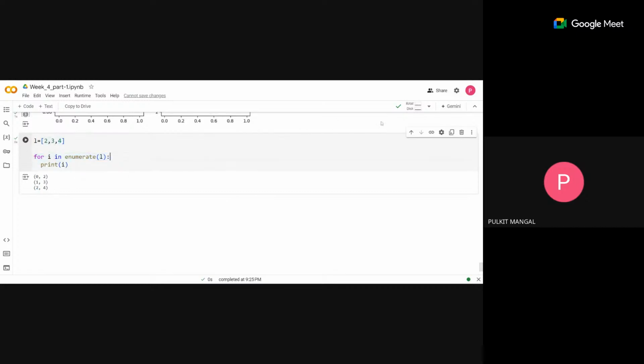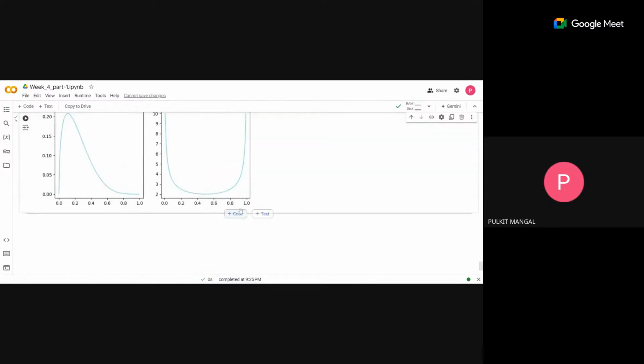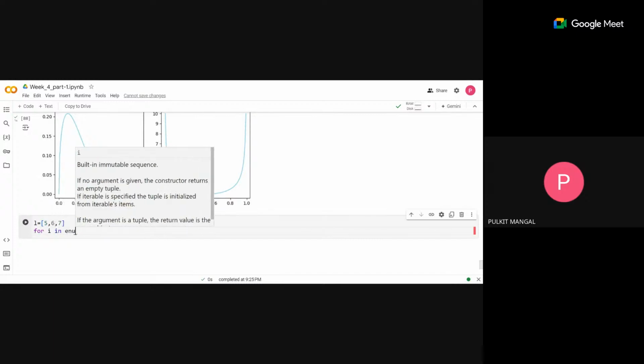In general, if you think of it, it is in the same sense as for i in range. So in that manner it will work, when you do this i comma alpha comma beta, which is what enumerate was giving us before. Okay, I deleted the cell. 5 comma 6 comma 7, for i in